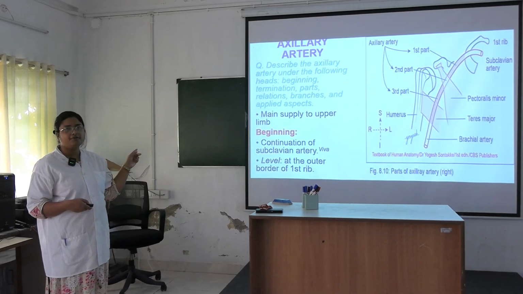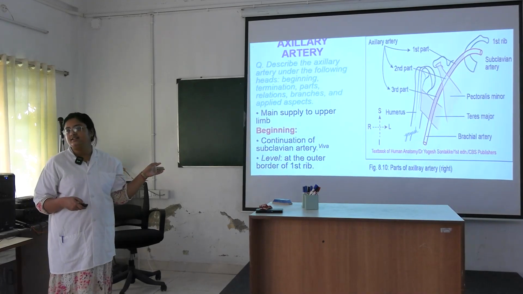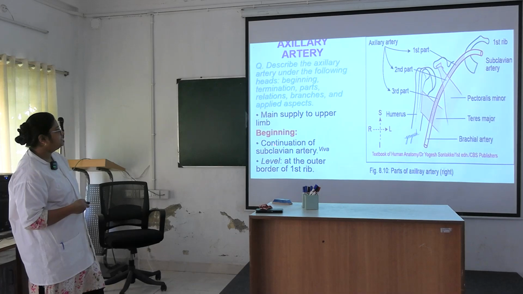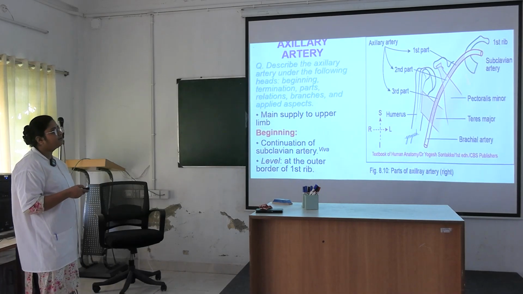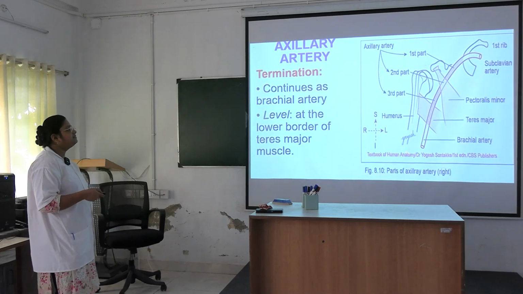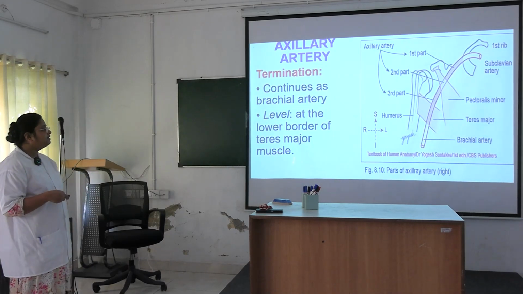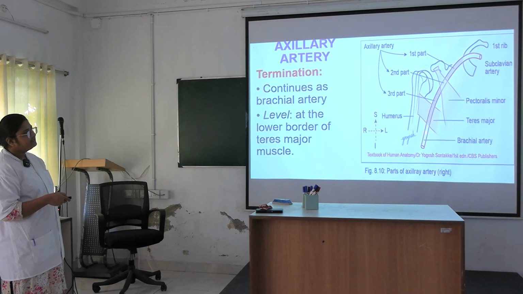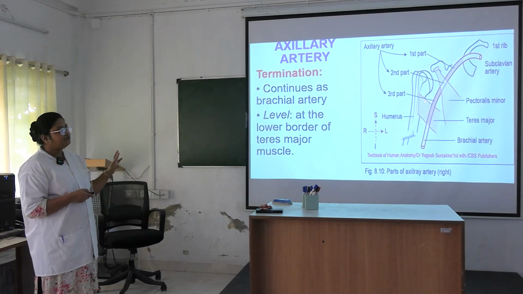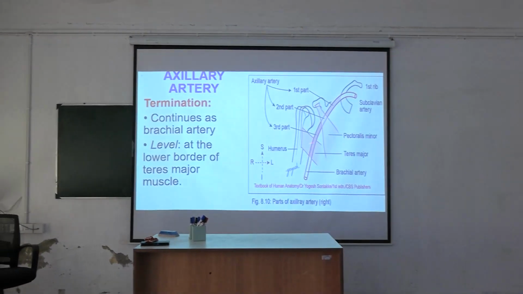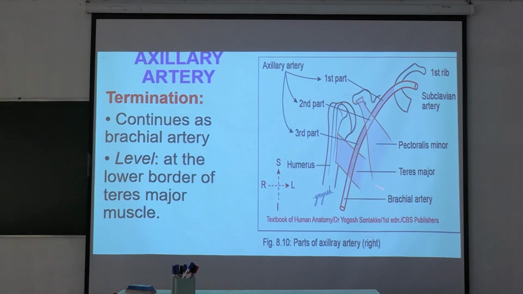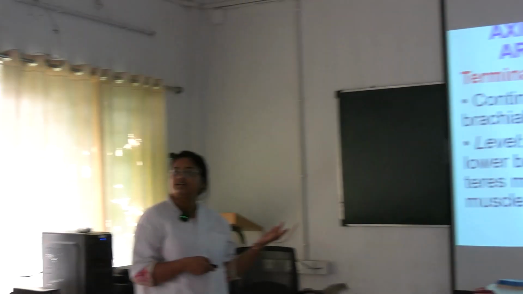This comes as a long question or short note. Axillary artery is very important. Okay. So it is continuation of the subclavian artery from outer border of the first rib. How it terminates? Continues as the brachial artery at the lower border of teres major. Below this level, this is brachial artery. Okay, so if you are holding here, this will be axillary artery. If the examiner is holding here, this will be brachial artery. You have to note this level, lower margin of the teres major muscle. Okay, understood?